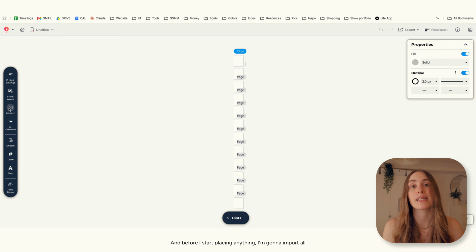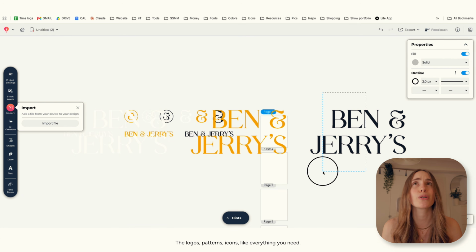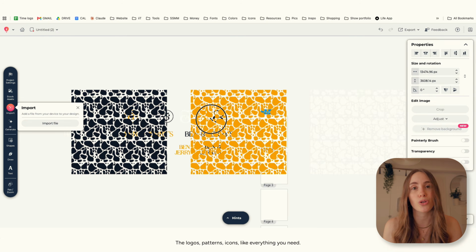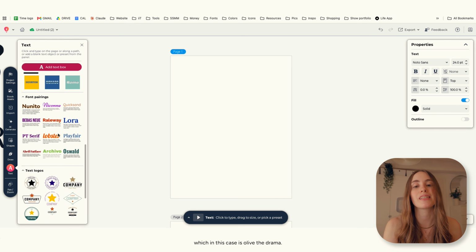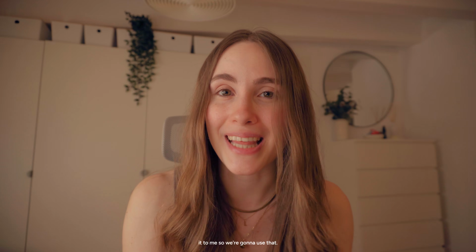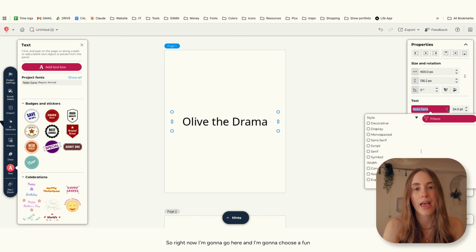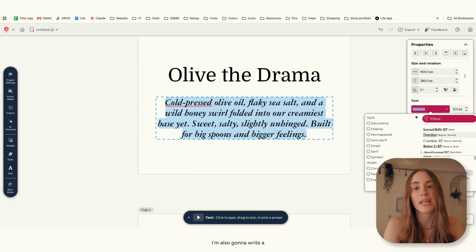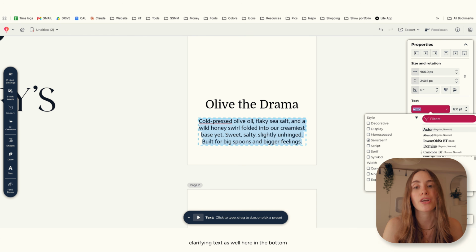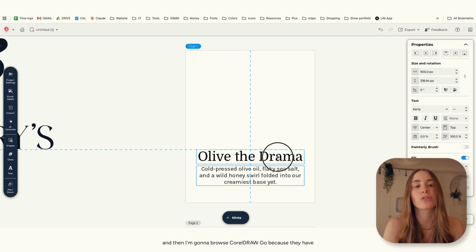And before I start placing anything, I'm gonna import all of the brand assets that we talked about: the logos, patterns, icons, like everything you need. So I'm gonna start the carousel by presenting the flavor, which in this case is Olive the Drama. Honestly, it's not my favorite name, but ChatGPT just gave it to me, so we're gonna use that. So right now I'm gonna go here and I'm gonna choose a font typeface like this, for example. I'm also gonna write a clarifying text here in the bottom, and then I'm gonna browse CorelDRAW Go